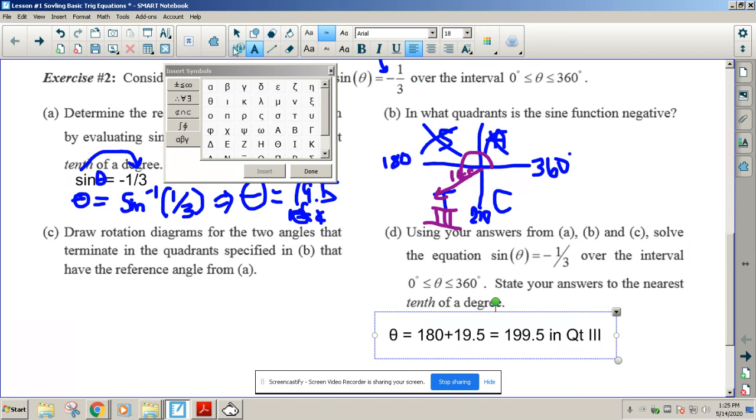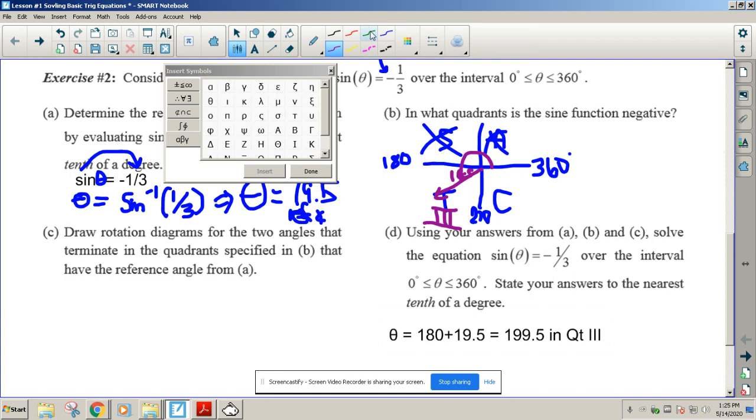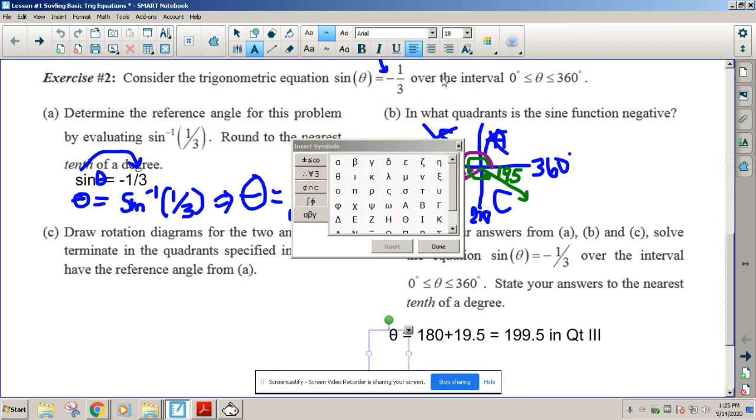But what about when I take this reference angle and I go back to here where I know that I'm negative in quadrant 4? So here's my reference angle of 19.5 now in quadrant 4. Well, yes, I went all the way around. I'm bigger than 270. But the fastest way to do this is to reference the 360. So if I reference the 360, I would say theta